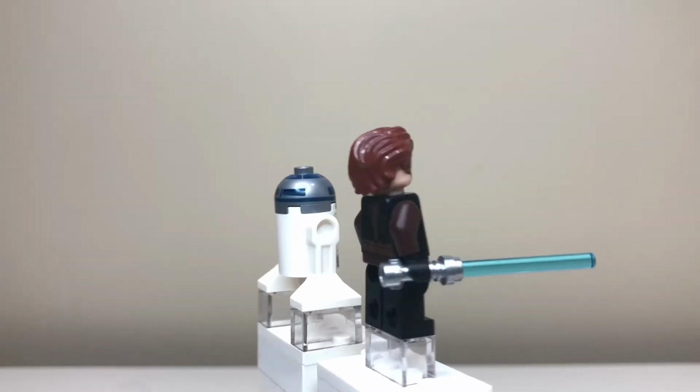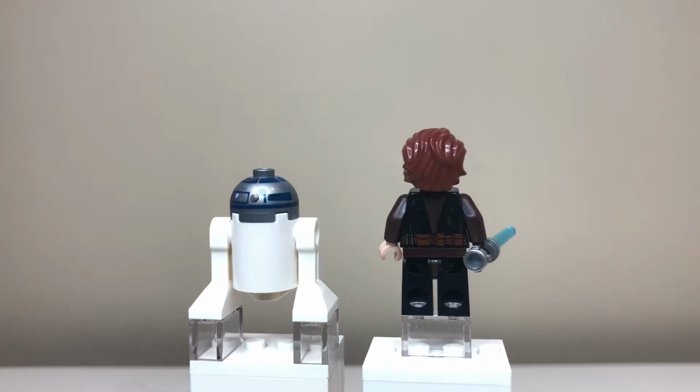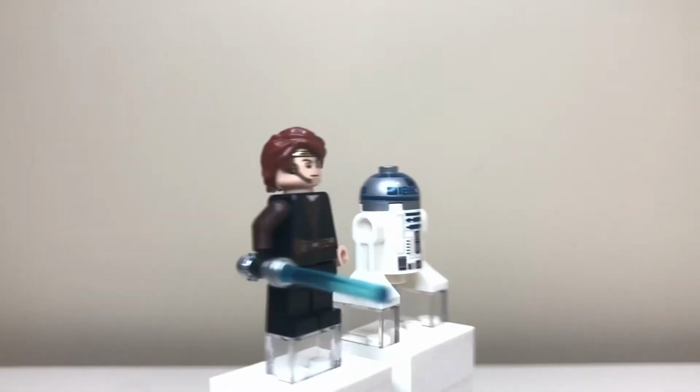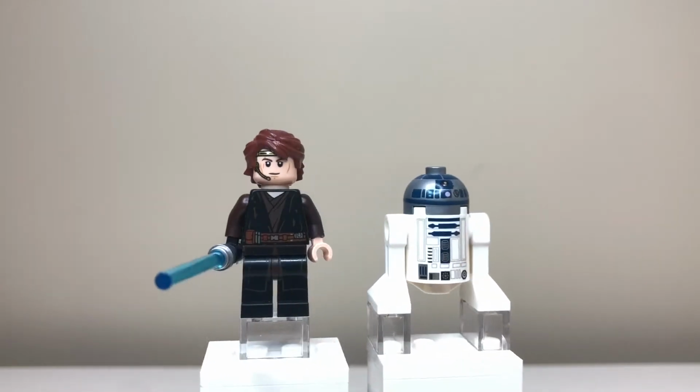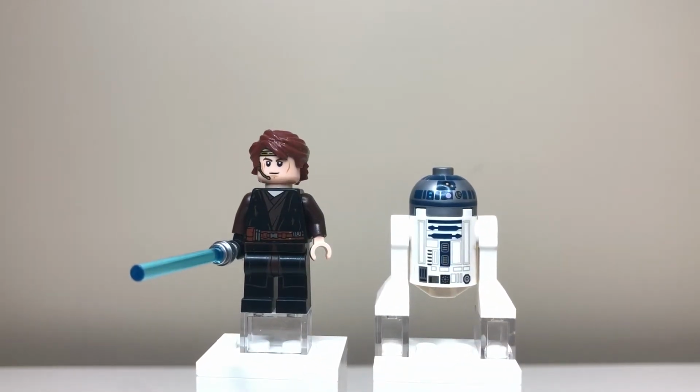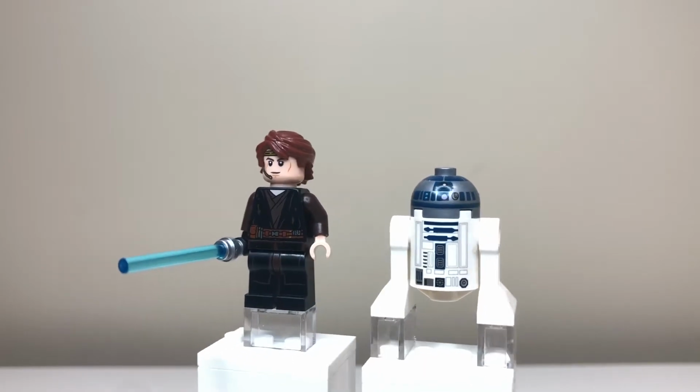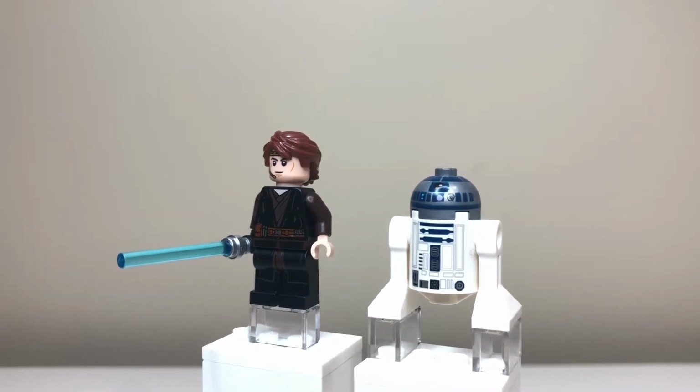And also on the back, you can see that there are a couple more scorch marks on the back there with his suit being all torn up, because the duel on Mustafar in Revenge of the Sith took place at the end of the movie, while this set only appears at the very beginning of the movie. So that's wrong. But the legs on this figure are very nice, although they are being reused from both those pre-existing figures,